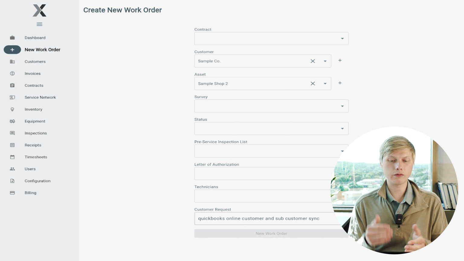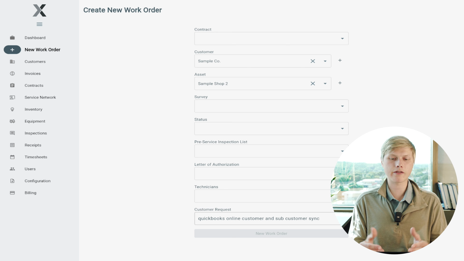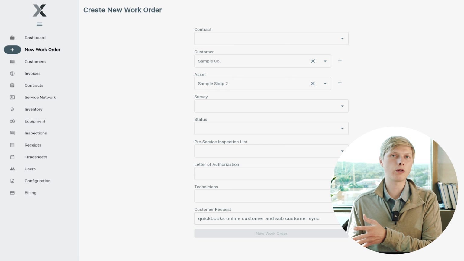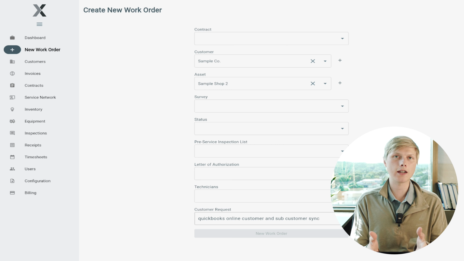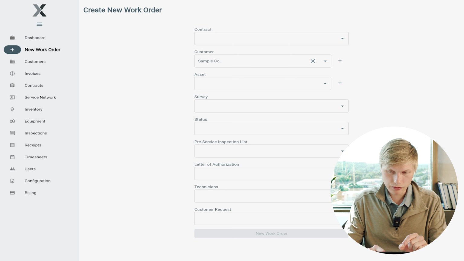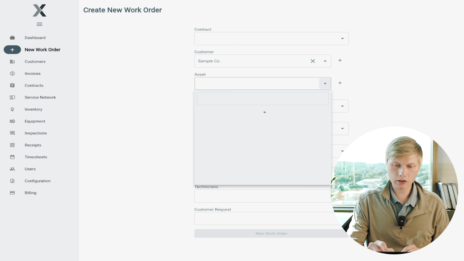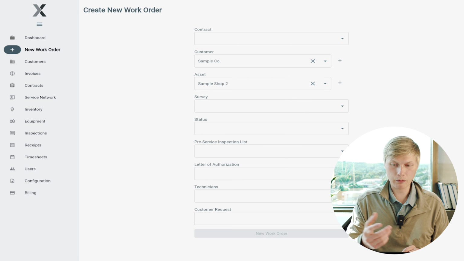So before this, you weren't able at all to add customers and assets from Lexul Field Service inside the UI. So you would always have to go into QuickBooks Online. Now that's changed and you can add it right from the app itself. And another thing that's helpful is I will just show you how to add a parent asset to link it to a child asset. So you have your created customer, you want to find your asset, it's already been created,